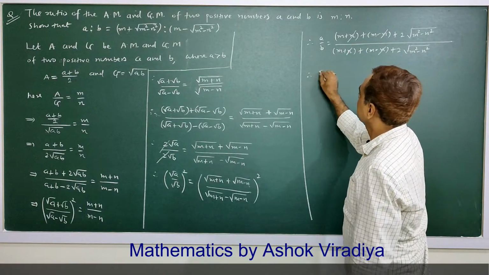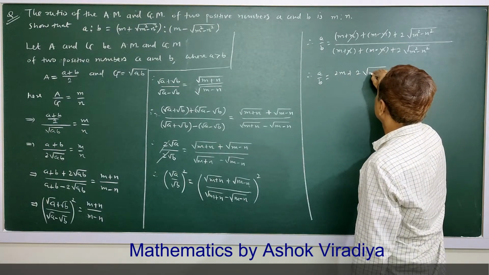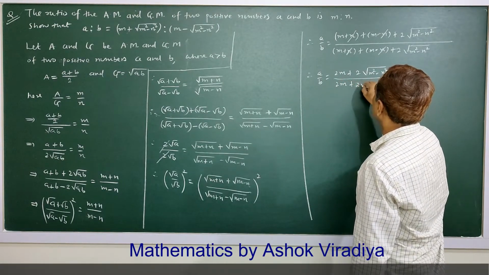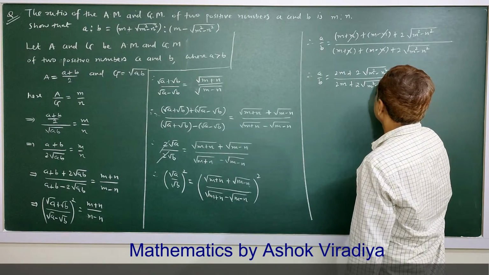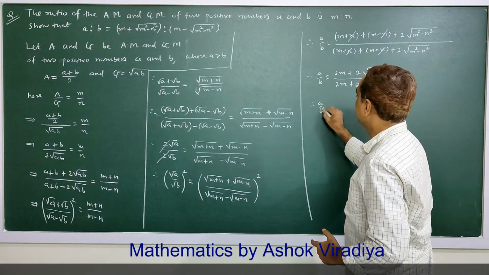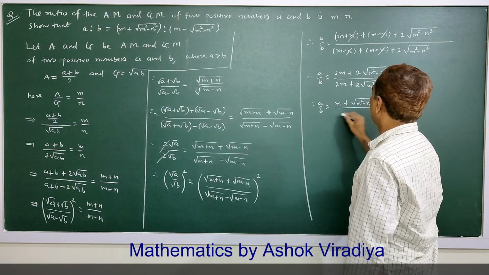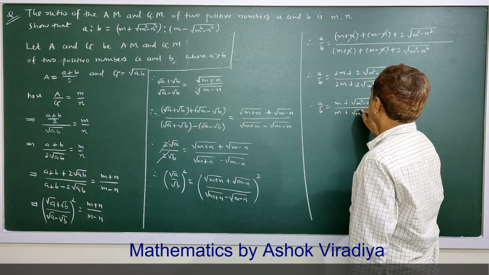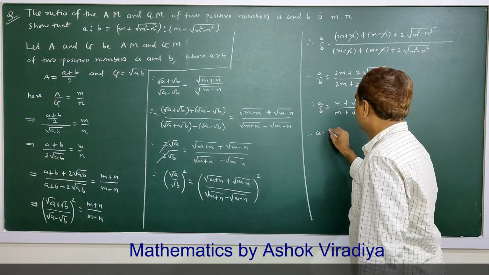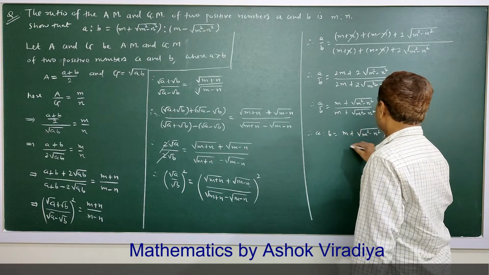So that is a by b is 2m plus 2 root (m square minus n square) upon 2m plus 2 root (m square minus n square). So now 2 is common, so cancel 2. So a by b is m plus root (m square minus n square) upon m plus root (m square minus n square). So required ratio is a is to b is m plus root (m square minus n square) is to